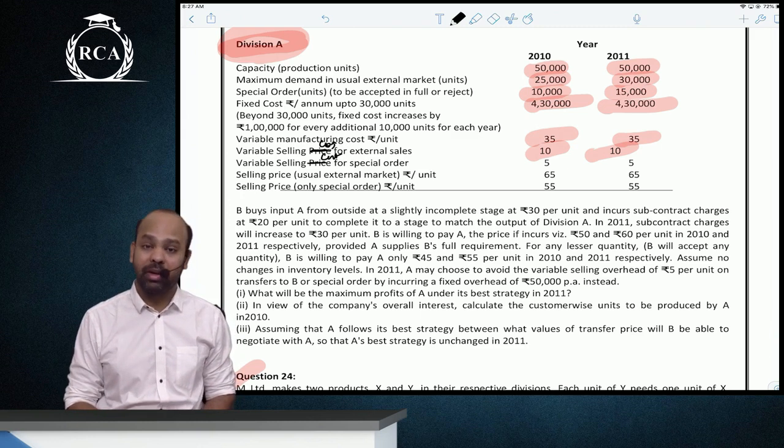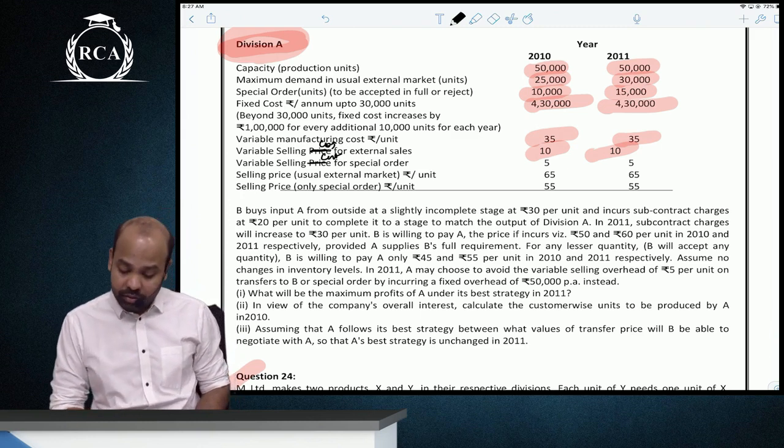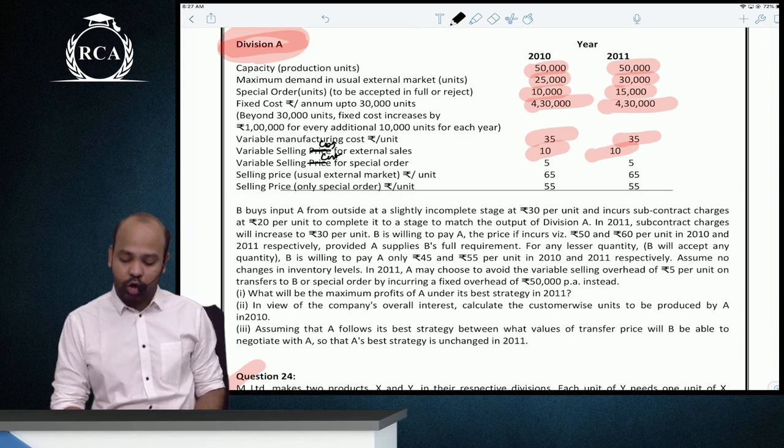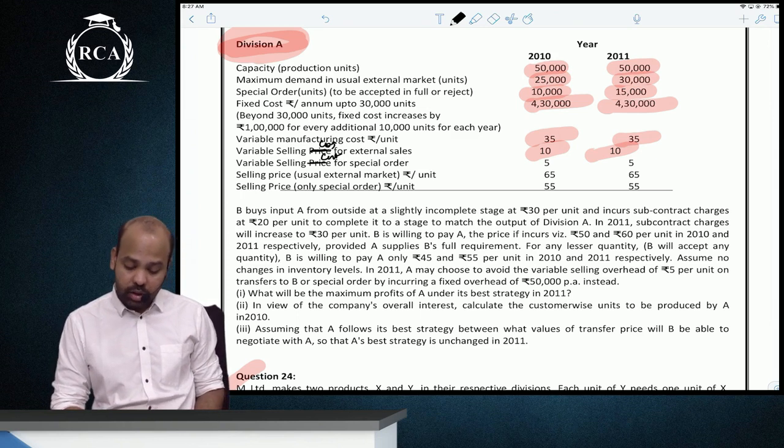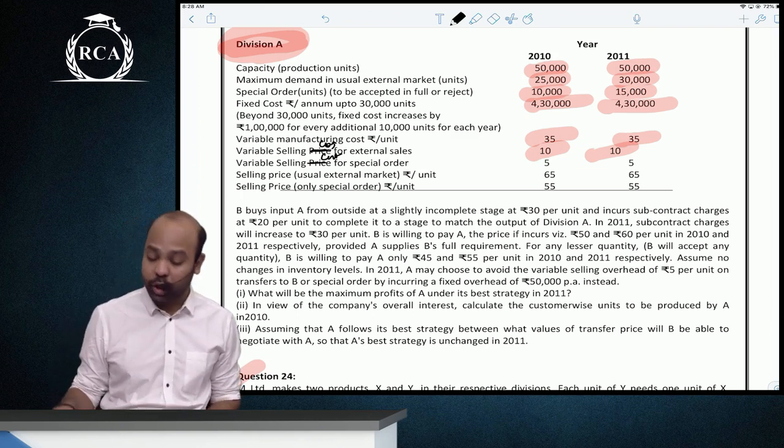This is what we did in the previous question as well. For any lesser quantity, B will accept any quantity. B is willing to pay A only 45 and 55 rupees per unit in 2010 and 2011. Assume no changes in inventory levels, so production is equal to sales. In 2011, A may choose to avoid, point to be noted,